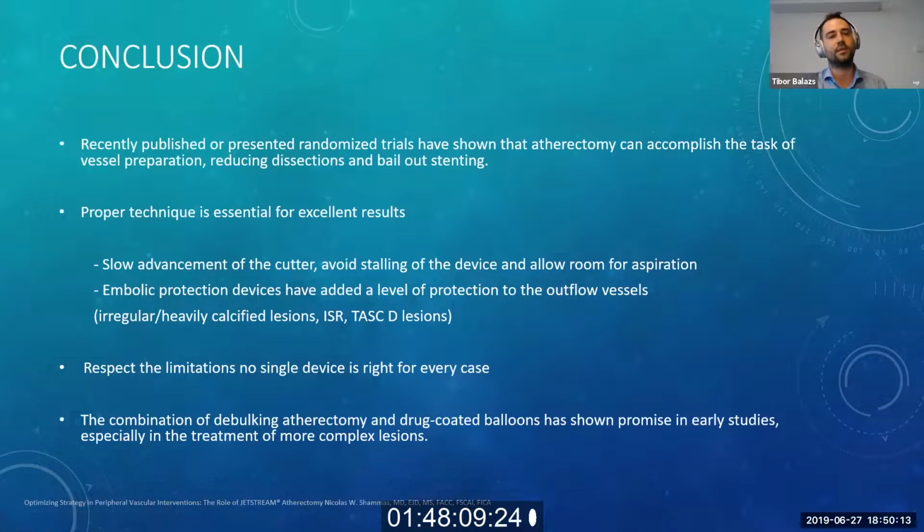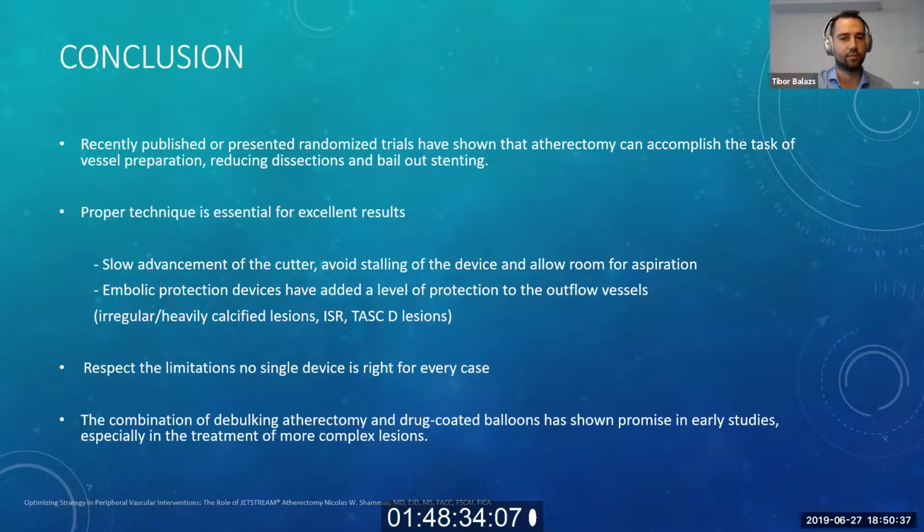So we know from the recently published and presented trials that atherectomy can accomplish the task of vessel preparation, clearly reducing the dissection rate and bailout stenting rate. The proper technique is essential for excellent results. So slow advancement of the cutter, avoid stalling of the device, room for respiration,